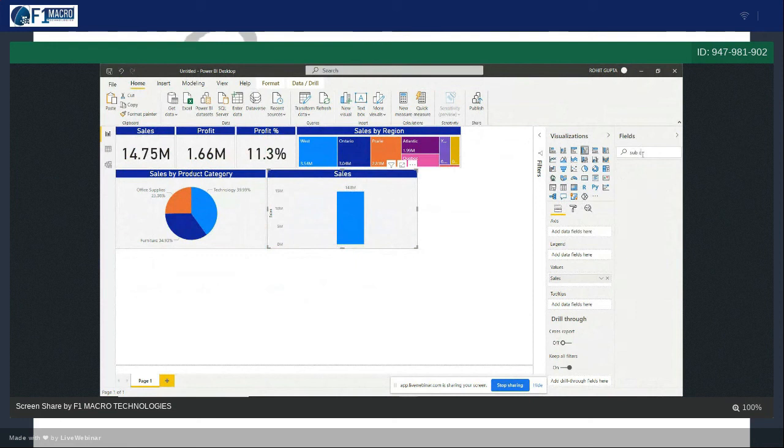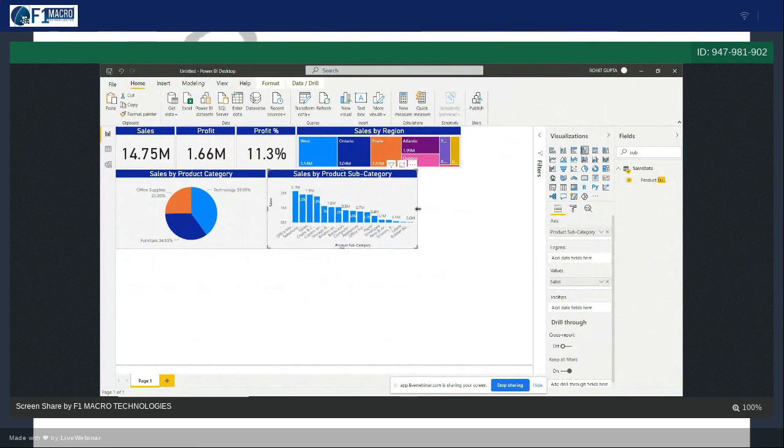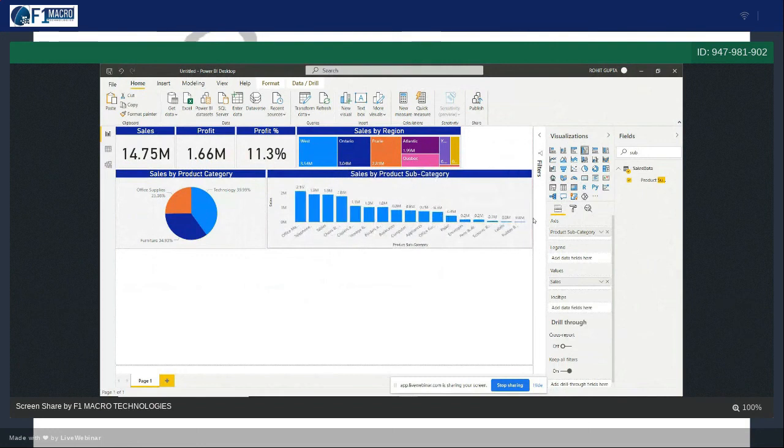Subcategory. Okay, so these are the subcategories, but I need only top 10. I don't need all the subcategories. I need only top 10.